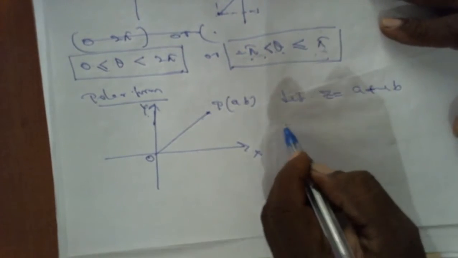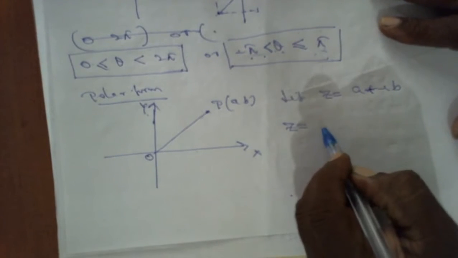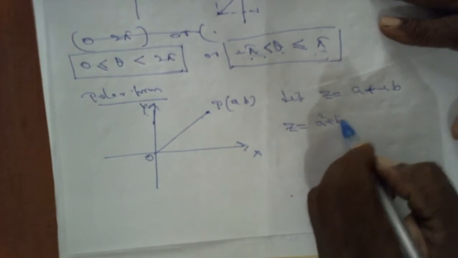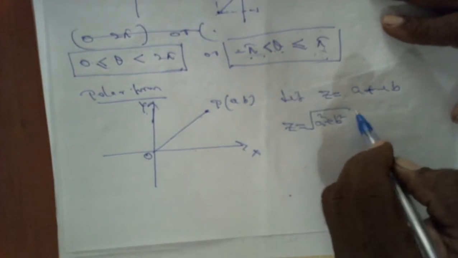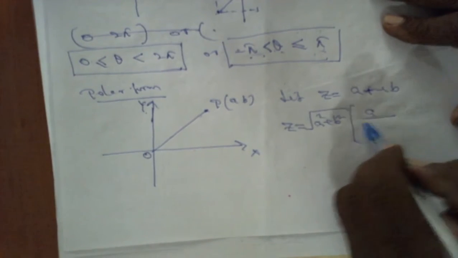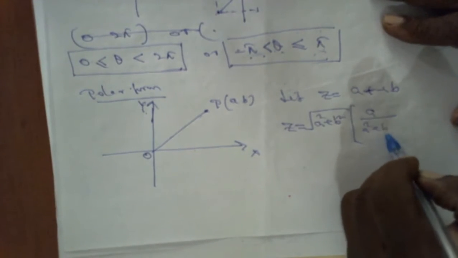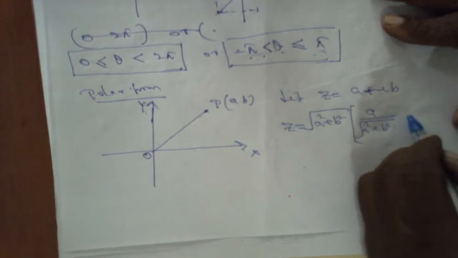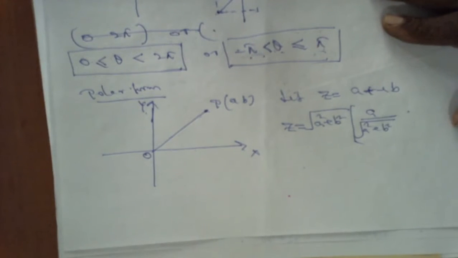Then you can simplify like this: Z equals the square root of a squared plus b squared times, a over the square root of a squared plus b squared, plus i times